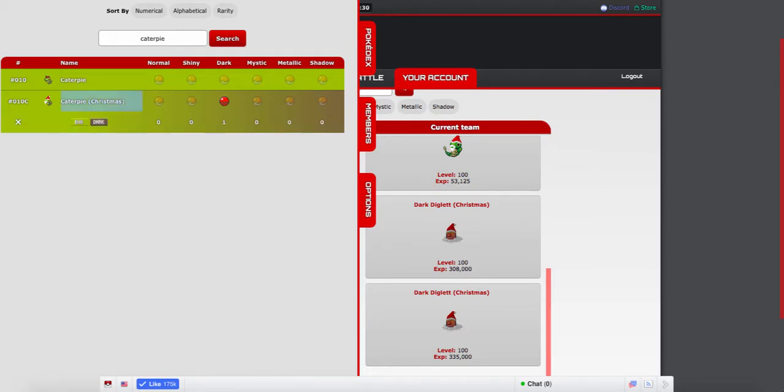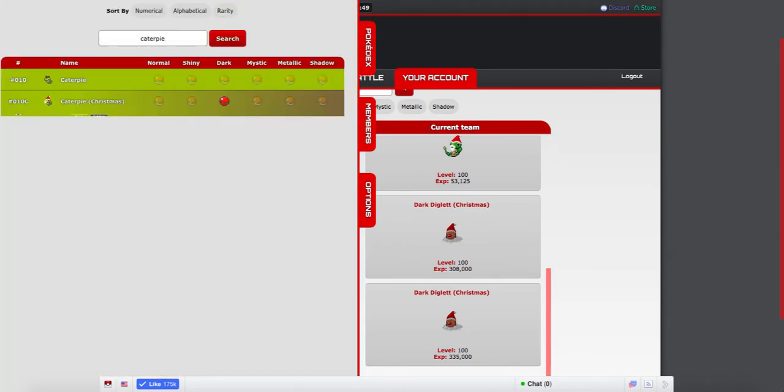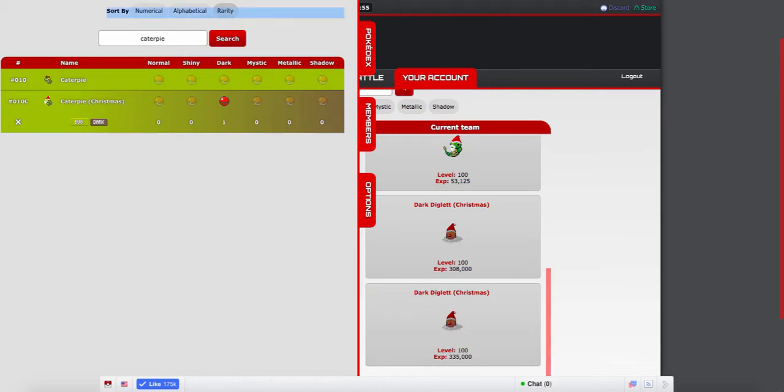Okay, we have these right here, and I don't know how you used to check these, but I think there was a way to check how rare these used to be. You used to be able to do this in Pokemon version 3, but okay, I found it. You just have to click Rarity on the top right corner, and you just need to search up Caterpie. Okay, so I guess it doesn't show it for me. Interesting. Anyway,